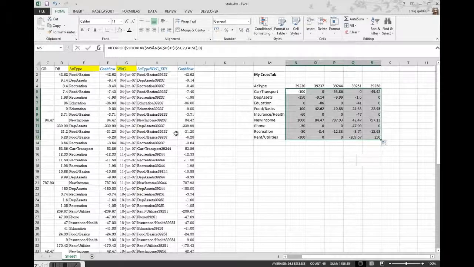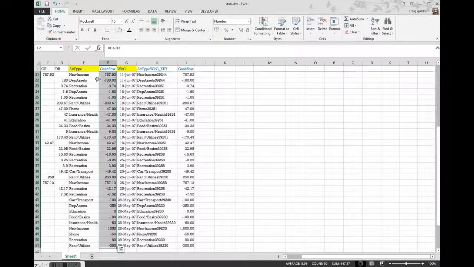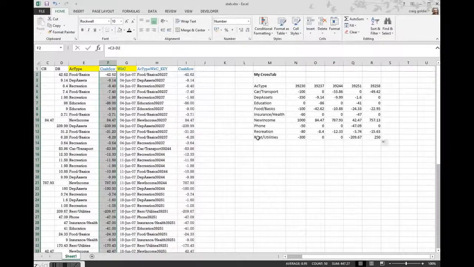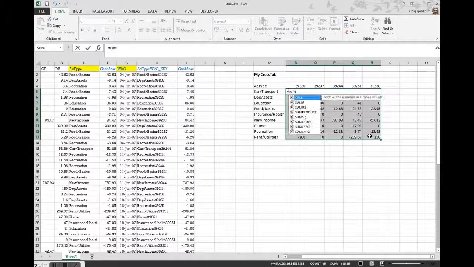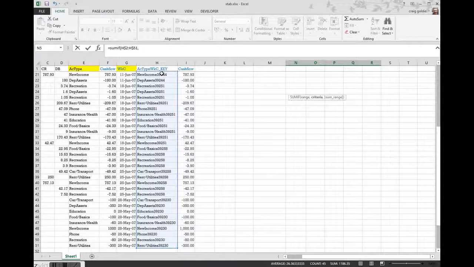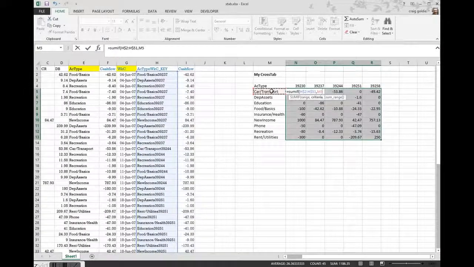So I've done that. I've used the VLOOKUP formula to just pull back the cash flow, but as we can see, the sum of cash flow there is not the same as the sum of all the values here. And the reason for that is that VLOOKUP doesn't sum all the instances where there may be duplicate cross-tabulated references. So for example, if we had food basics occurring twice in 1 week, VLOOKUP would only take it once. So what I'm now doing is I'm using a SUMIF function instead of a VLOOKUP function, but essentially applying